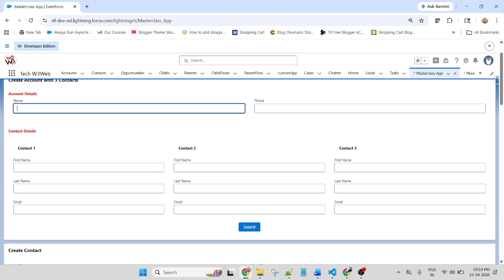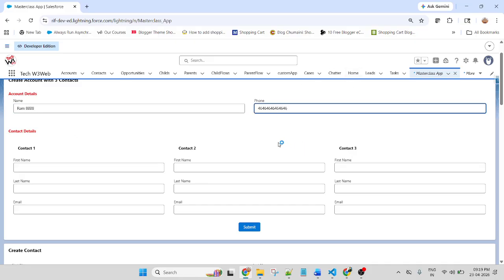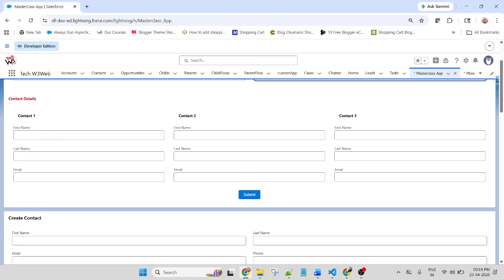So let me put RAM. Let's suppose putting RAM 888 as a unique number, putting some phone number, first name. Let me put a value like Shyam, Ram Shyam, 55 underscore Shyam Lal.